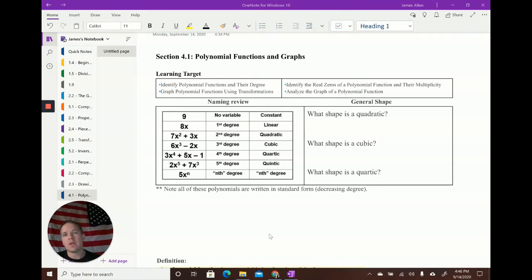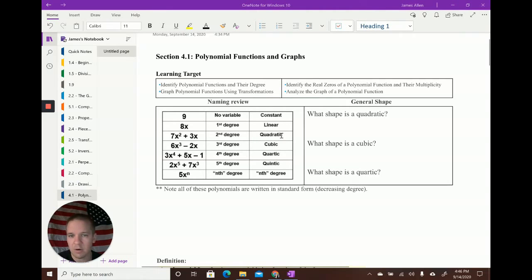All righty, let's go. So we're going to identify polynomial functions and their degrees. We're going to graph them, use some transformations. Love using transformations. Identify our zeros, multiplicity. We're going to analyze. I mean, we're going to do so much with this. It's fantastic. Some of it's review. Some of it will be a little bit more challenging, a little newer. Let's go for it. As a recap, we've got our different